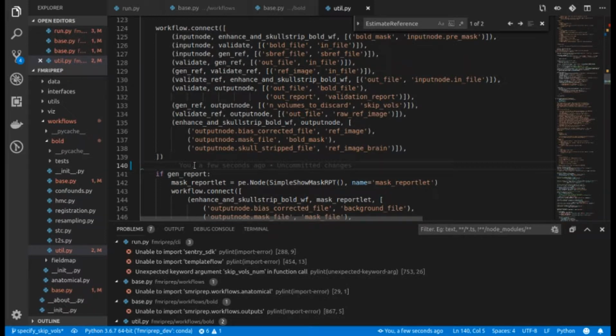Okay, well, I'm thinking if the output of validate n volumes to discard is larger than what's manually specified, I feel like that would be important for the user to know, just so that they know that the automated algorithms said that they wanted to kick out more volumes than what you specified. I'm just trying to think of an easy way to do that,